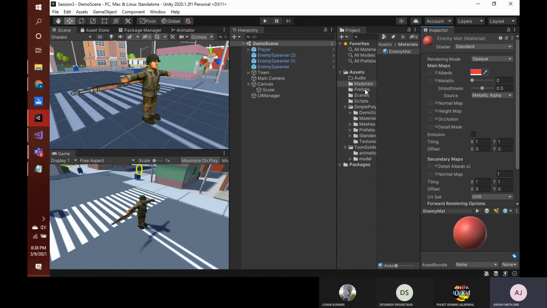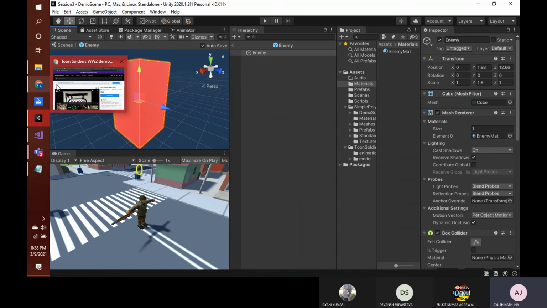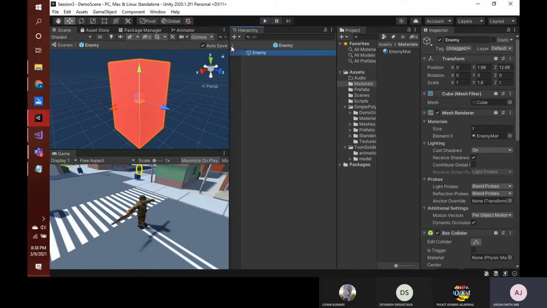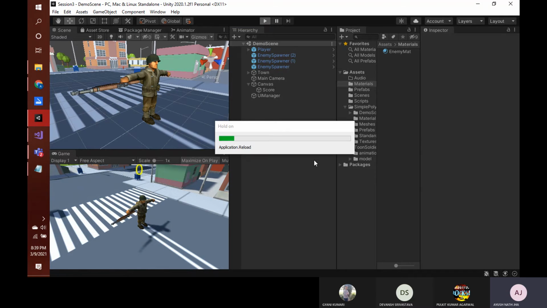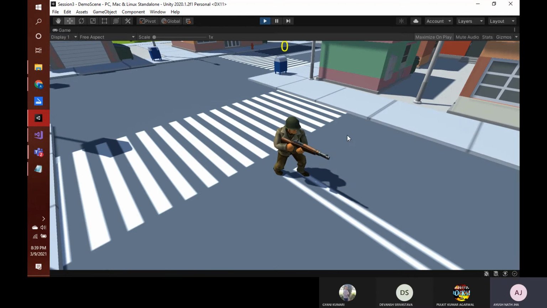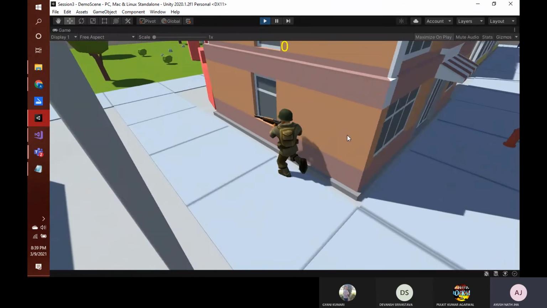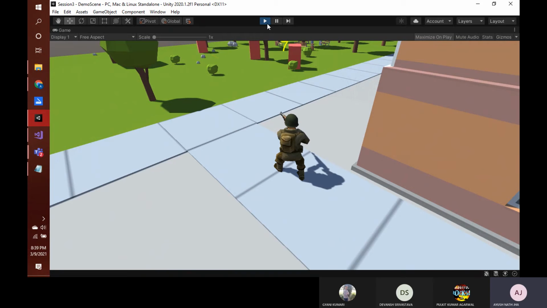So if we go back to our enemy in the prefabs, open our enemy, and try to drag and drop the material on our enemy, you can see it has this distinct red color as we had in the demo scene which we shared, right? So we have this sample red color, and now if we hit play, then you will have these red enemies. You can see that the leg of this player is also somewhat below the ground. So we will be fixing that issue. See, now we have these red enemies, and we'll just fix this leg issue for a while.